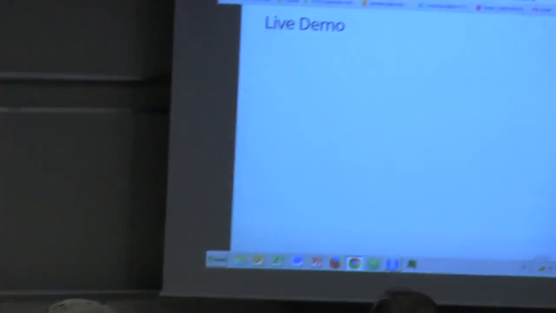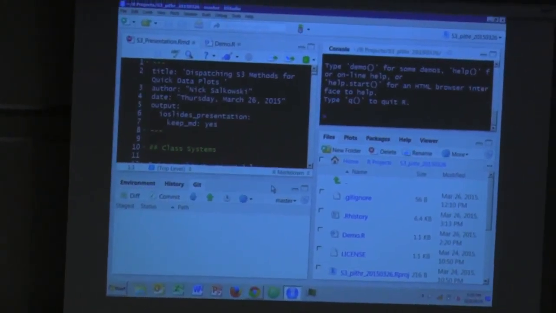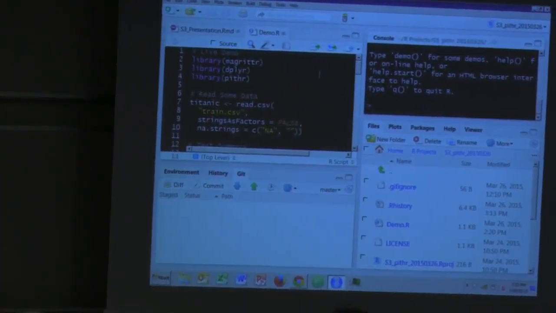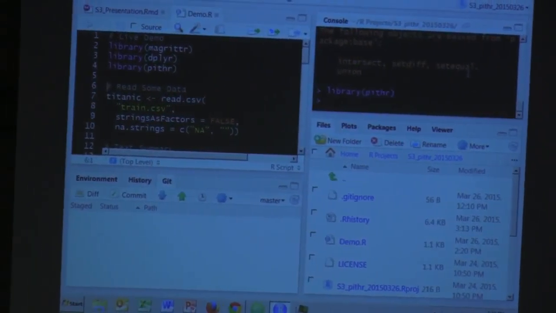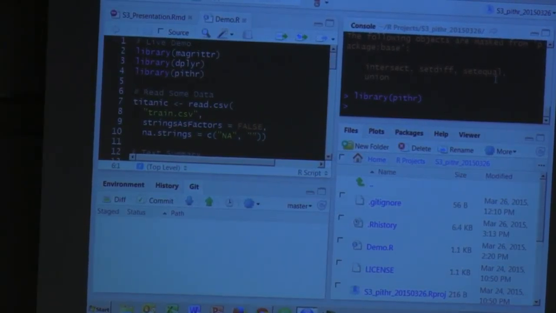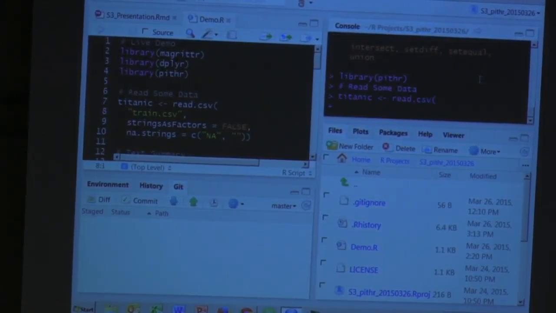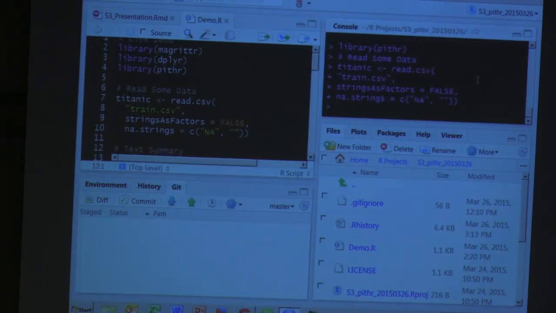So anyway, let's get the demo up and running. So here is the demo, a live demo. Okay, and I'll load Magrittr and dplyr and Pither. And I'll read in some data. This is the training Titanic data set, which you may be familiar with from previous meetings or the D3 meeting or things like that. And I've kind of cheated a little bit, and I noticed that there were some 0-character strings in this data set. So I set it up so that a 0-character string gets mapped to missing or NA when I read my data, because